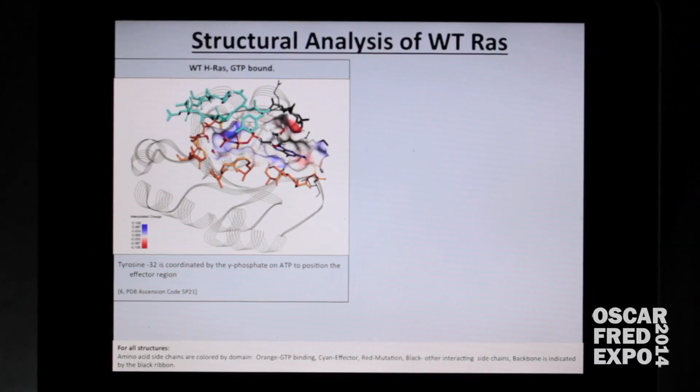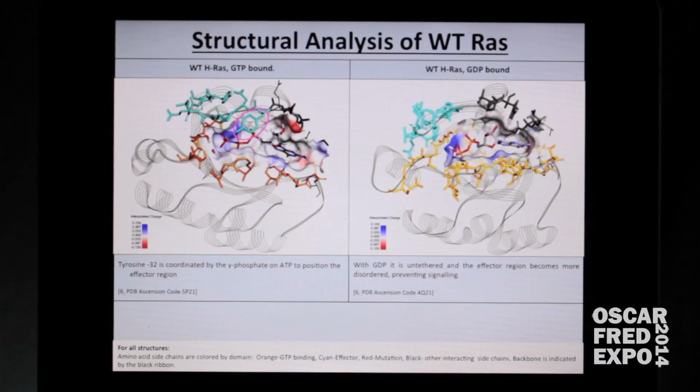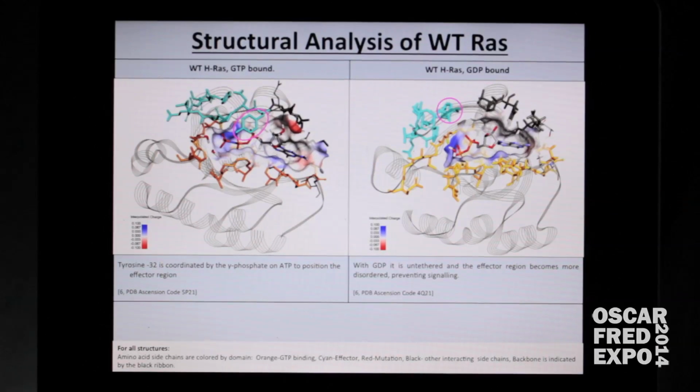In wild-type Ras, when GTP is bound, a tyrosine in the effector region is also tethered to the gamma phosphate with a hydrogen bond. This positions the effector region so that it's ordered and able to interact with the next protein in the signaling cascade. After the gamma phosphate has been hydrolyzed and GDP is bound, the tyrosine is no longer tethered and the effector region becomes disordered and can no longer signal. This is a very clear distinction between on and off in the structure of this protein, which is important for